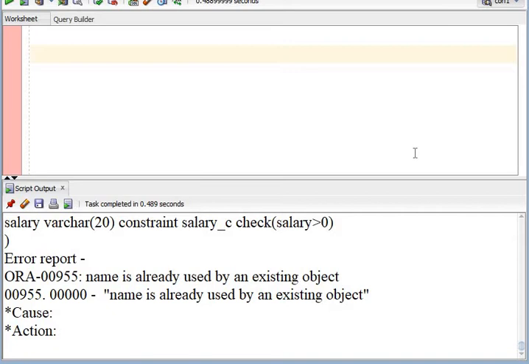In this tutorial, I will be discussing another command in SQL, that is the alter command, and that is also a kind of DDL command.